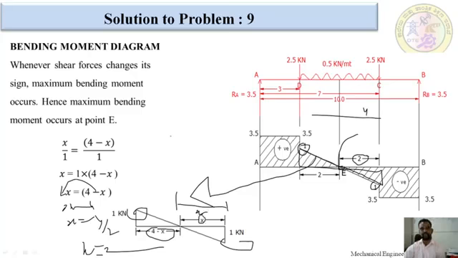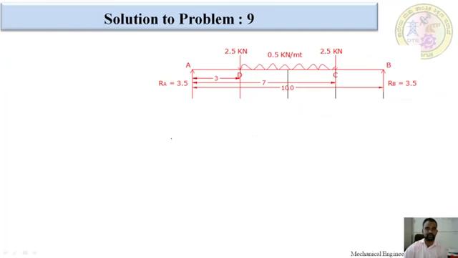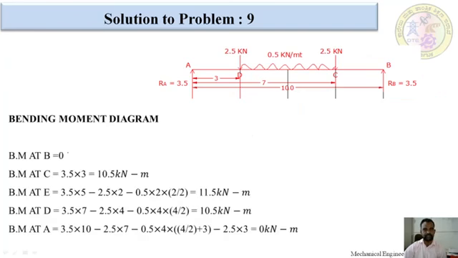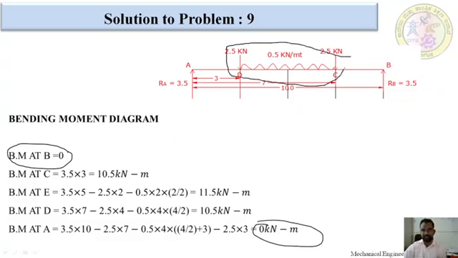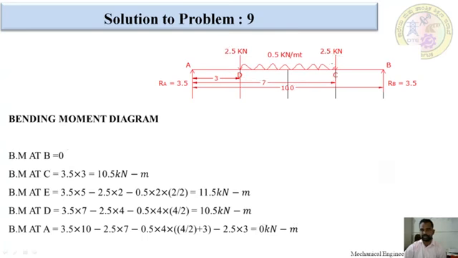After that, we are going to start with the bending moment calculation. As I already told, bending moment at support is always 0. At A is equal to 0. At B is equal to 0. We only need to calculate between the supports. At C is equal to how much? At C, I am going to calculate here only. This would be 0 because at C the distance is always 0.